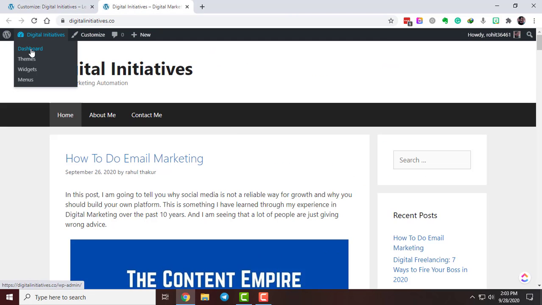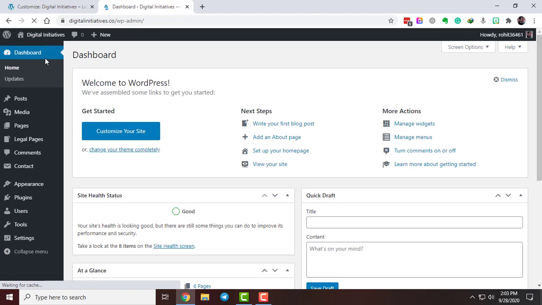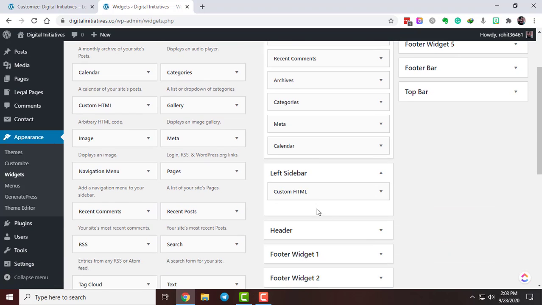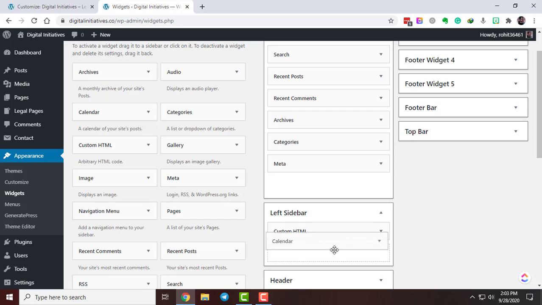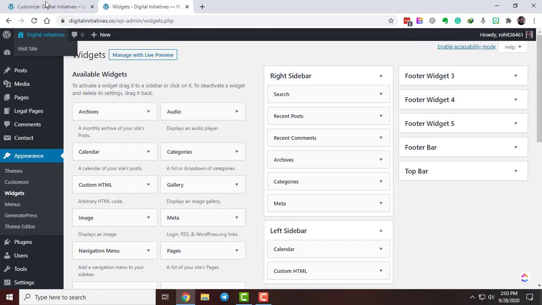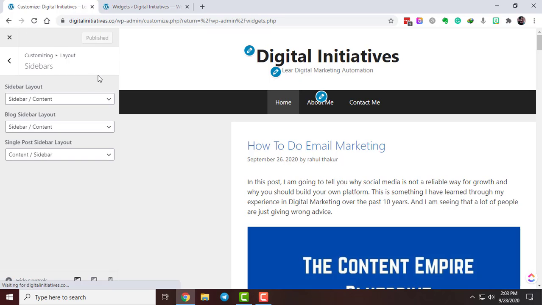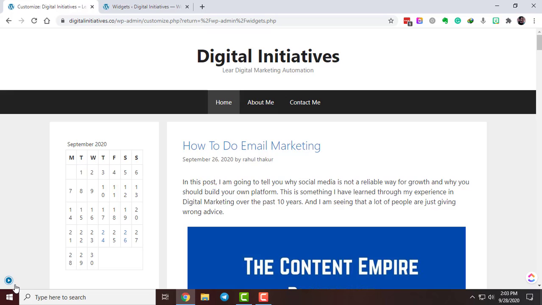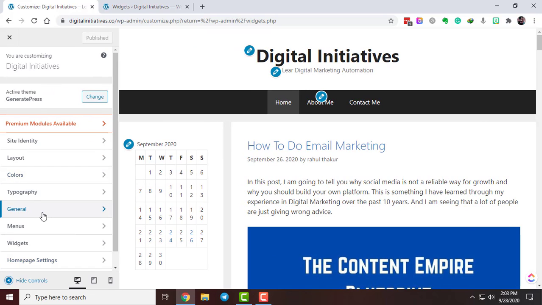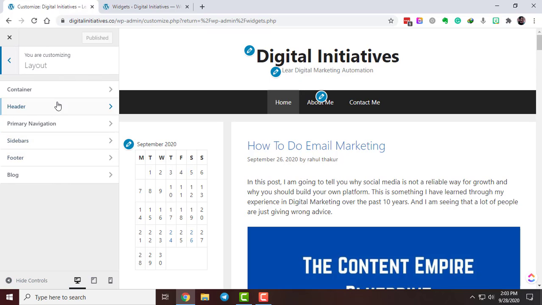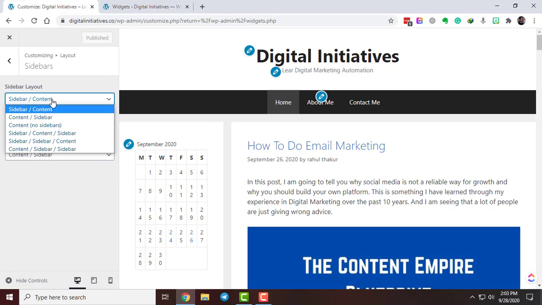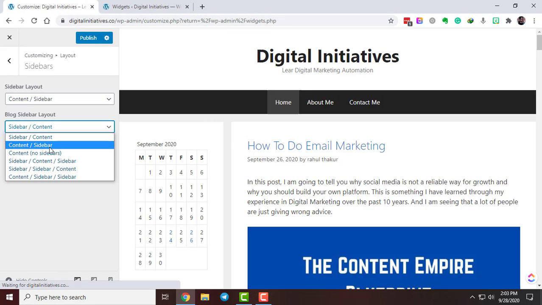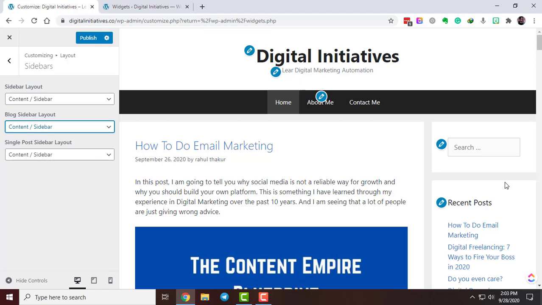The reason for that is that we haven't put anything here on the right sidebar. So let me go to our WordPress dashboard and show you what happens when you put content in the right sidebar or left sidebar, okay. As you can see, there is nothing inside it right now. Let's add a calendar here, so you can see changes. So now when we publish it and refresh, okay, now you see the calendar, because there was no content and that's why it was not showing. So don't get confused. Let's go to sidebar, and I just want everything on the sidebar on the right and content